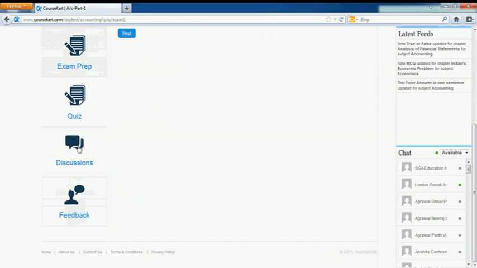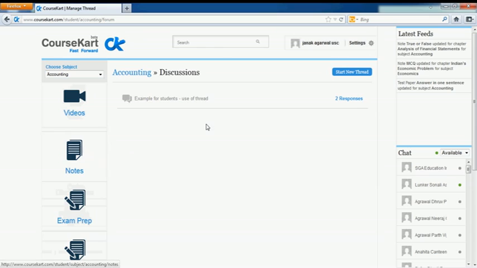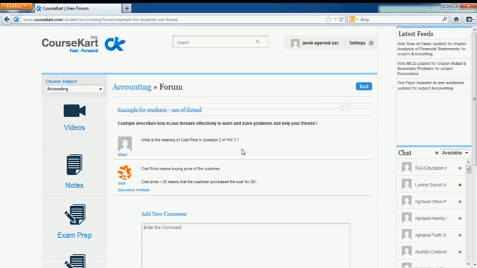And then we also have a discussions section. So how to use discussions? The potential for this is limitless. For example, you're studying late into the night and you don't want to call your friends because you don't know if they're awake or not. So how do you clear your doubt or your question, whatever you have? What you can do is use the discussions on CourseKart, and you can write